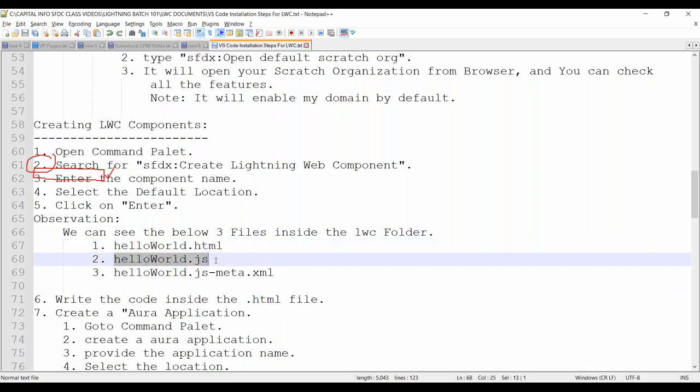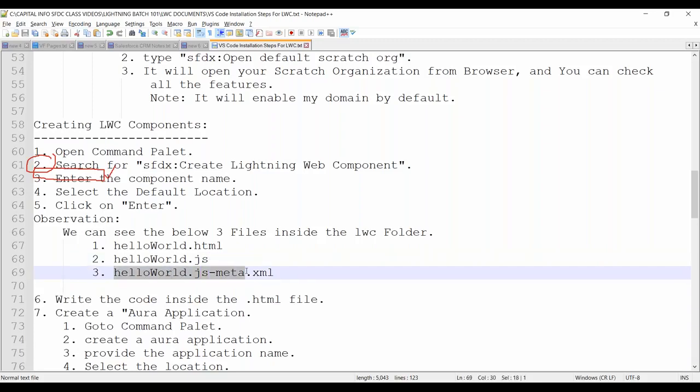Second, helloWorld.js, a JavaScript file, which has the client-side controller. And then it has a metadata XML file also,